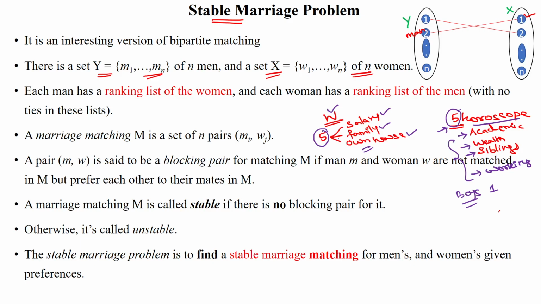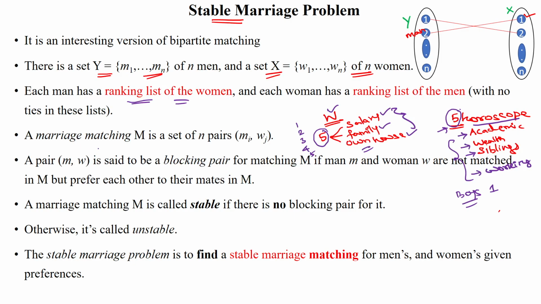Based upon that she will also give a ranking to those 5 persons: who is in the first rank, who is the second preference, who is the third preference. So the ranking list will be used by the boy's home and also the girl's home separately, based upon these different features in real time. Like that, in programming also we are going to use ranking lists for the men and